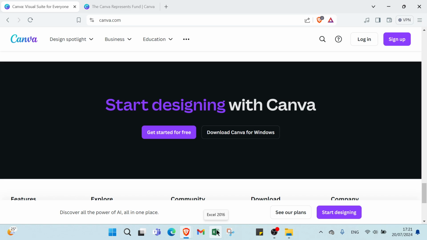Step 4 we have customize your digital business card. Firstly, we have add your logo, upload your company logo. Most platforms will have an option to add an image or logo. Then enter your information, include your name, job title, company name, phone number, email address, websites, and any other relevant information. Then customize the design,